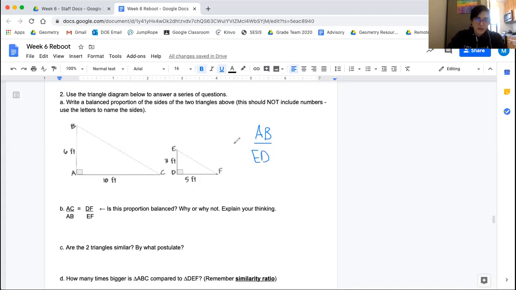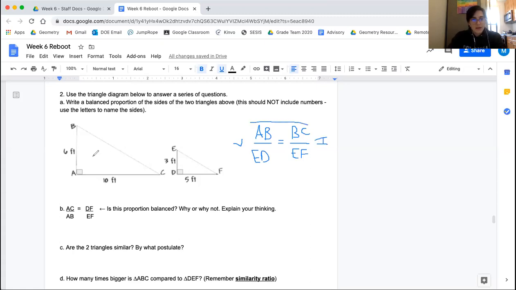So these are both left, so I'm going to call it L for left. I'm going to say that's equal to, remember when we set proportions, we make two fraction bars like this. I'm going to say that's equal to BC. That's this big hypotenuse over EF. That's my small hypotenuse, EF. So these are both the hypotenuse,